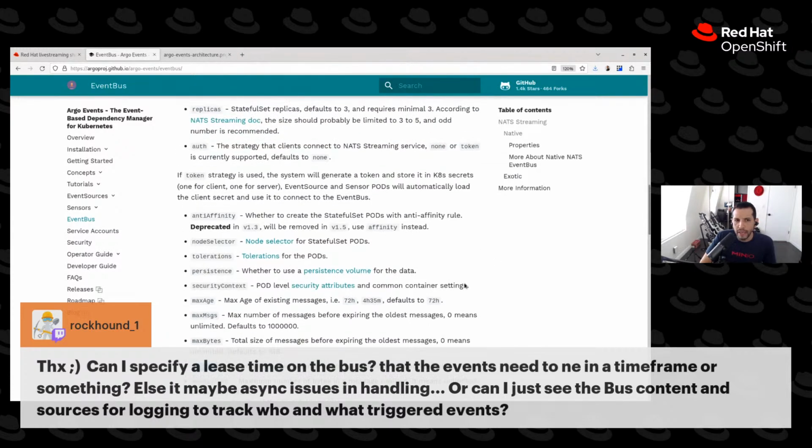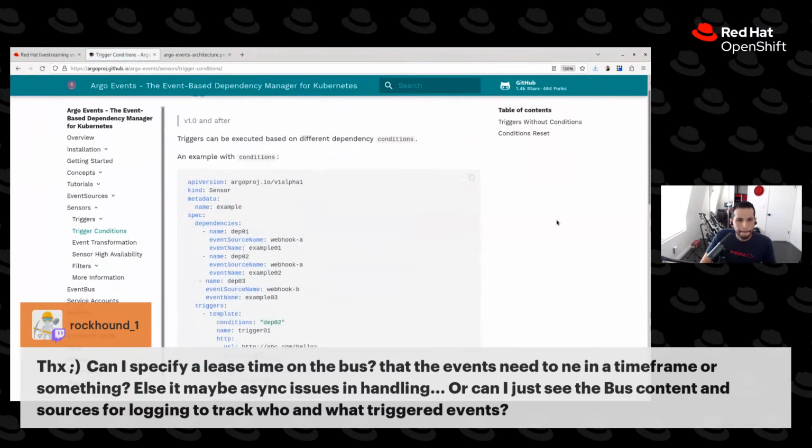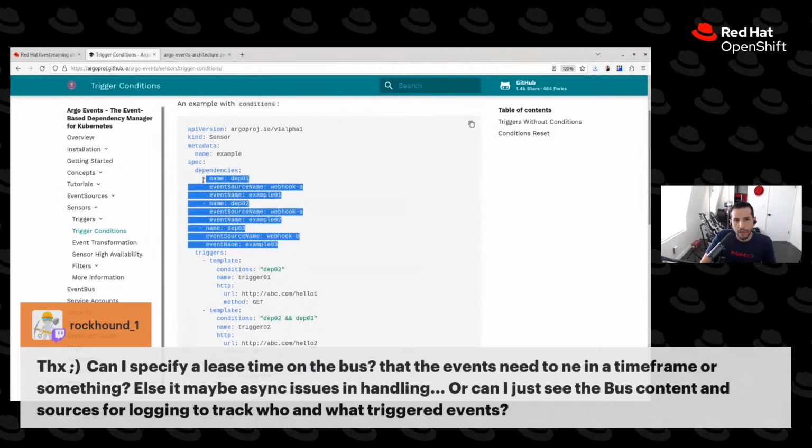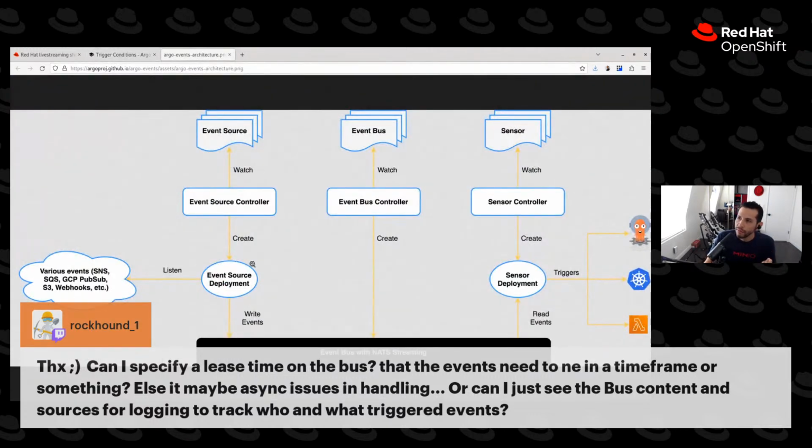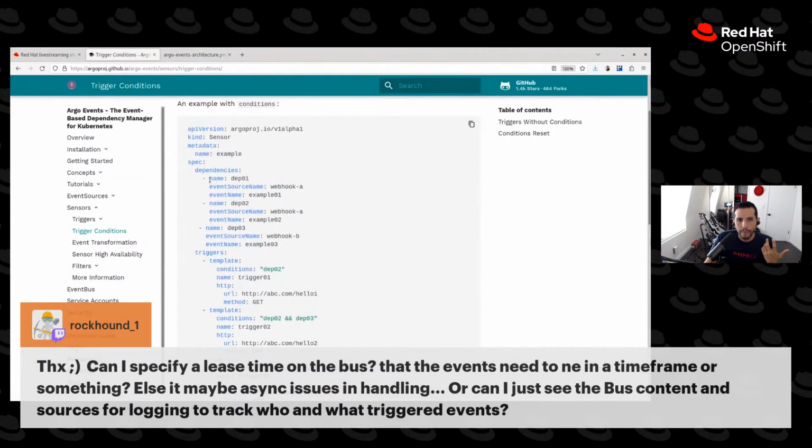And as far as tracking, I would think logging would be some of that, or I'm pretty sure you can connect something like Prometheus or Grafana to be able to see what's going on here. Now I'm basically just going through the documentation. You guys could check that out yourself here, but you can have dependencies and you can have multiple triggers. So that's what I really think is cool about Argo Events, is that they're decoupled, right? So you can have multiple events and multiple triggers, and you can kind of mix and match